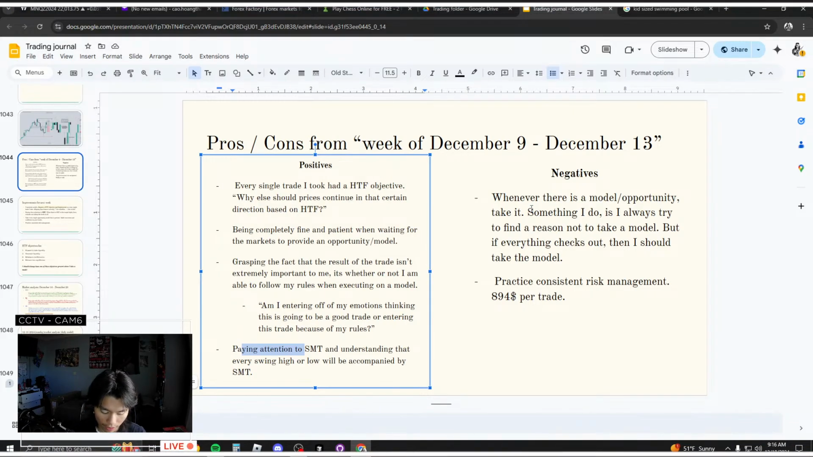What type of model are you taking? Is it relative to the higher time frame objective? Gets checked. Is there displacement? Gets checked. That means everything has been met. All I have to do is take it. But sometimes I let my subjective side get